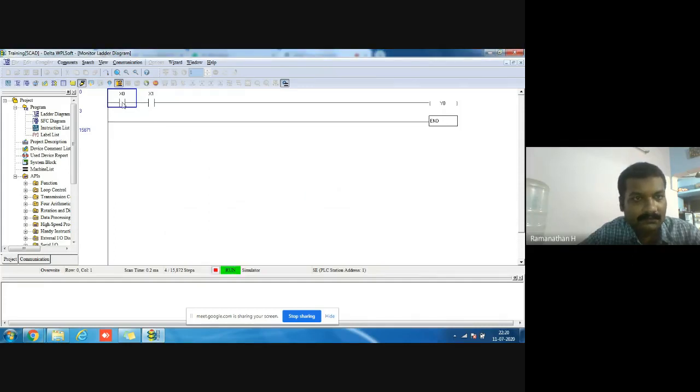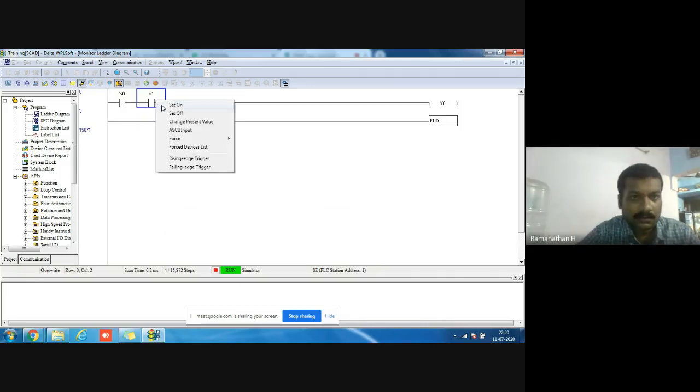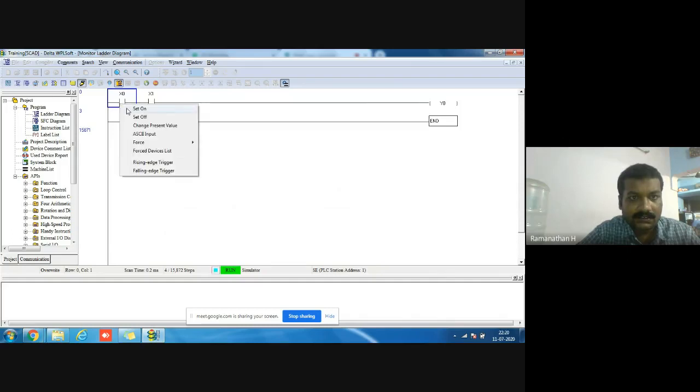I'll change this to run mode. Here, X0 and X1: now both are 0, 0, and the output is 0. Now 0, 1, the output is 0. Then 1, 0, again 0.